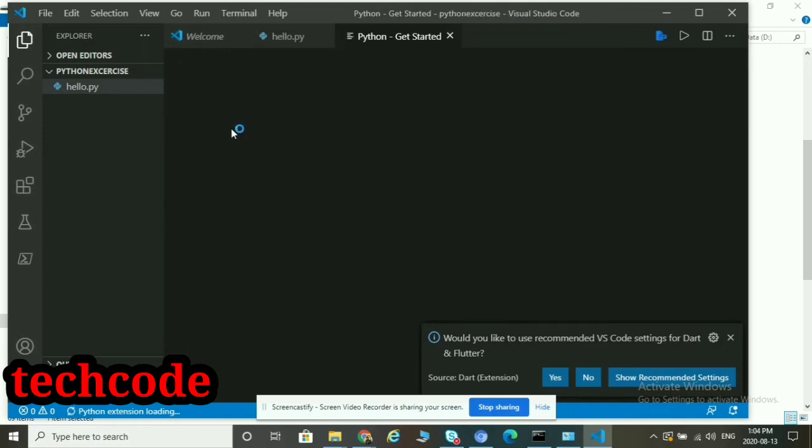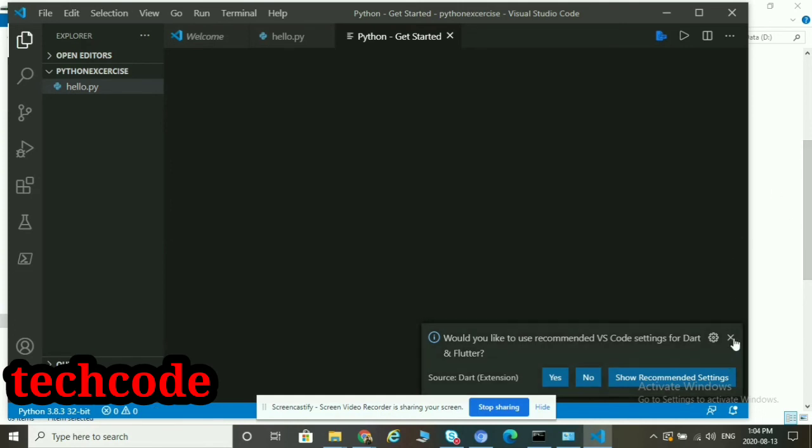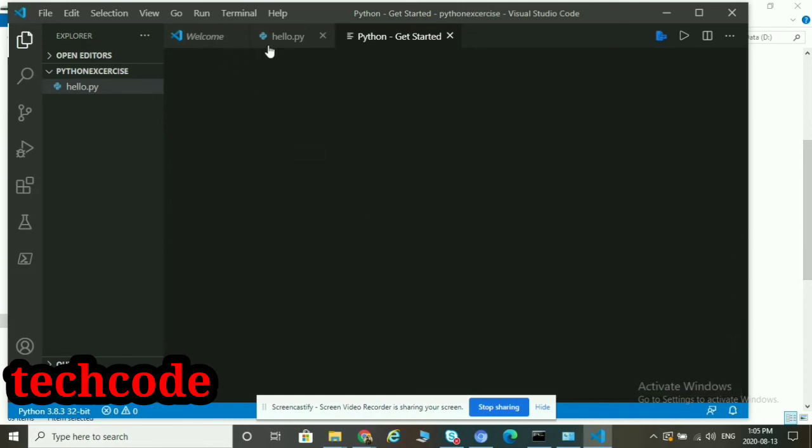So we will take a variable called name, and we'll assign it the text value Tech Code.